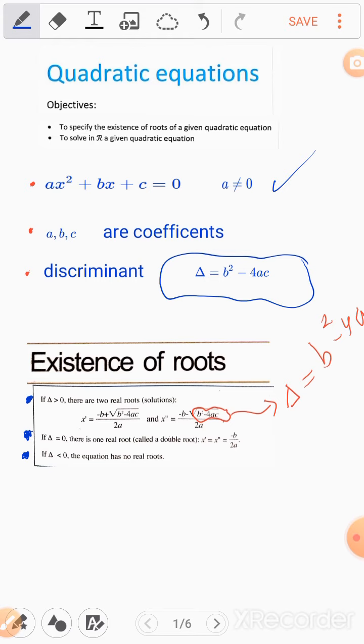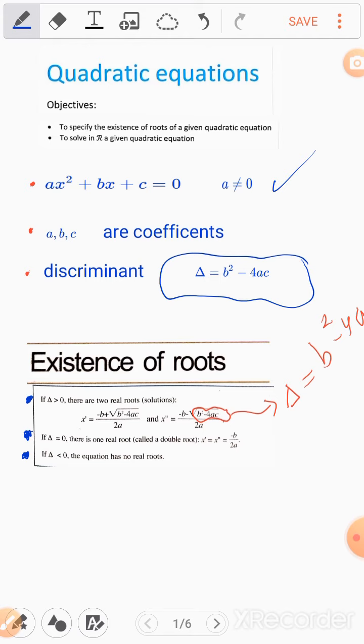So we have 3 cases: if delta is positive, if delta is 0, if delta is negative. If delta is positive, we have 2 distinct real roots. If delta is 0, we have 1 double root. If delta is negative, then we have no real roots. هيك بنكون تحدثنا عن الاكزيستنس، وبنفس الوقت